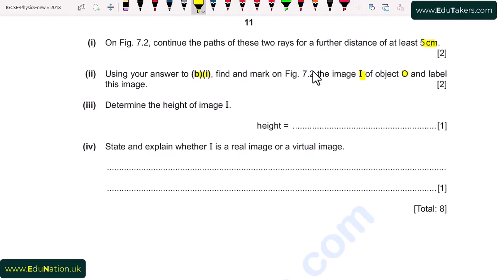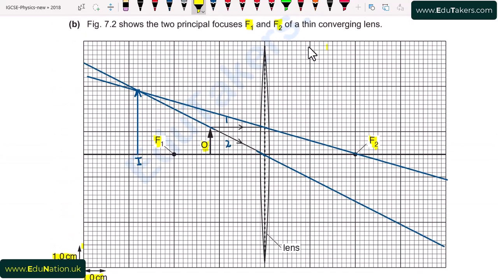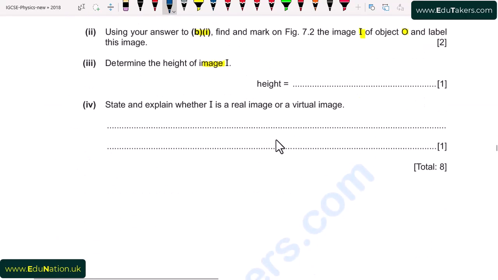Part 3. Determine the height of image I. We also have to find out the height of this image. So using this scale, one small box is equal to 1.0 centimeter. So here it is 1.0 centimeter. It is also 1.0 centimeter. At this point it is almost 2.8. So the height of the image is 2.8 centimeter. I write here 2.8